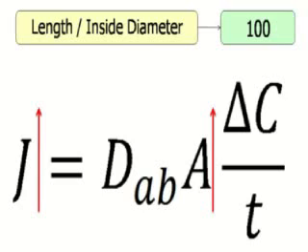Now let's start. If we take the ratio between the length of the capillary, which is 0.1 centimeter, and divide that by the inside diameter of a blood capillary, which is 10 micrometer, we get a value of 100. So here Allah Almighty teaches us that we need to maximize the length of the mass exchanger. This will give us a very large surface area for mass transfer and diffusion to take place. So this increase in the area would increase the rate of atom transfer to and from the mass exchanger. So this is the first parameter which would enhance mass transfer.